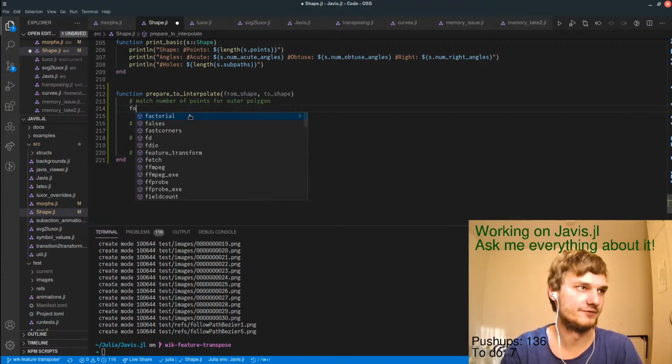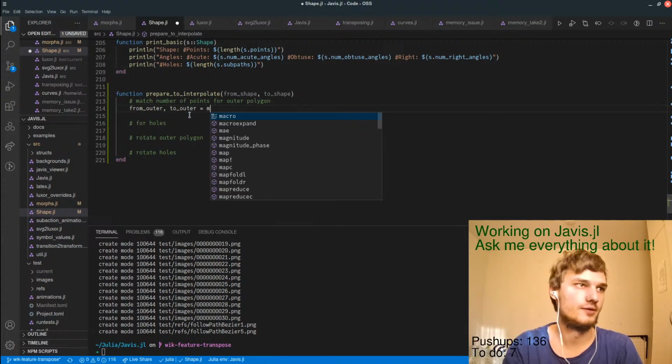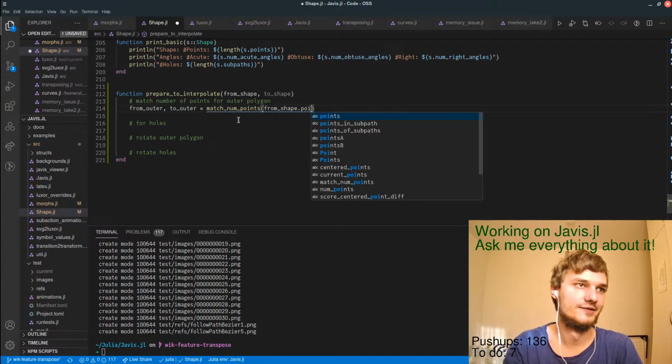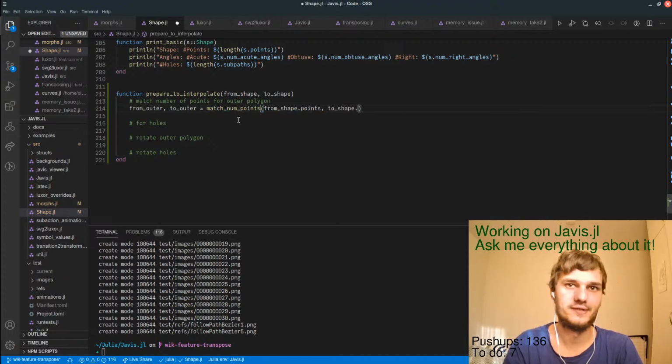Yeah, we're currently trying to do some refactoring on a morphing function. So we have from maybe from outer to outer is like, that was German. From shape points to shape points. Okay.